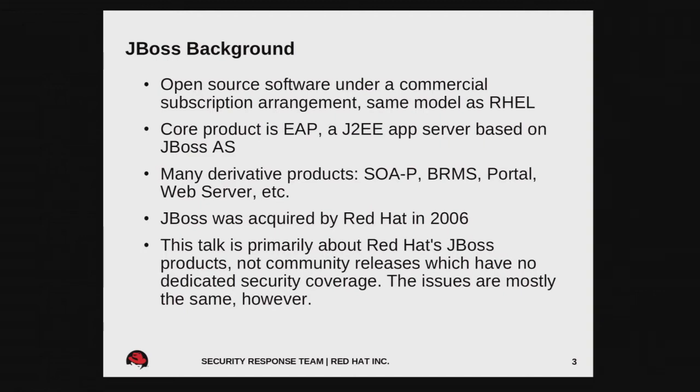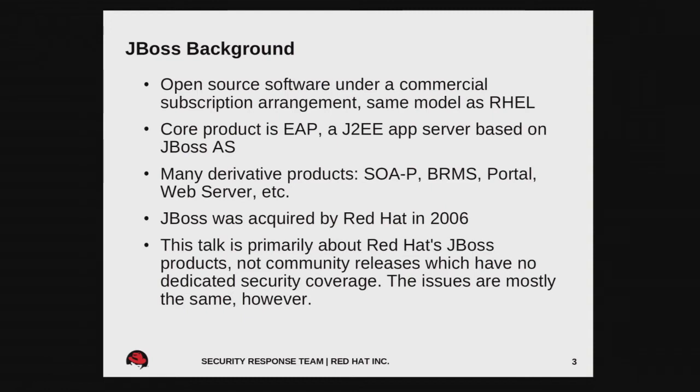Then we have all of these other products that layer on top of it. So you get EAP, and that's all the core bits, and then they add what are essentially deployed apps, and you get SOAP, BRMS, Portal, and then the reverse is web server or web platform where it's stripped down. JBoss was acquired by Red Hat in 2006 and has been fully integrated into the company now. So the key point to note is that this talk is really about Red Hat's commercial JBoss products, not the